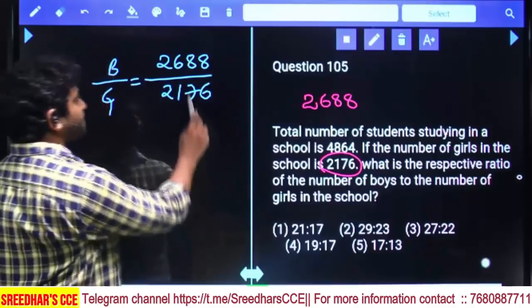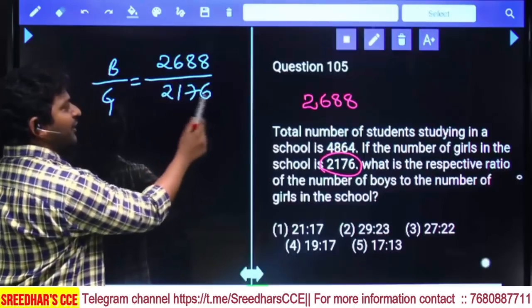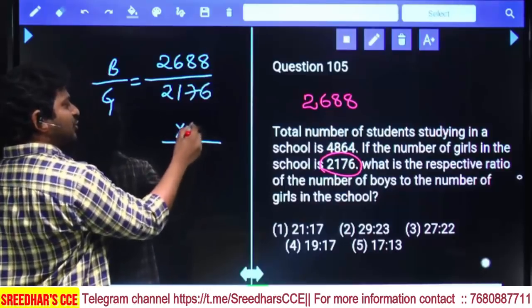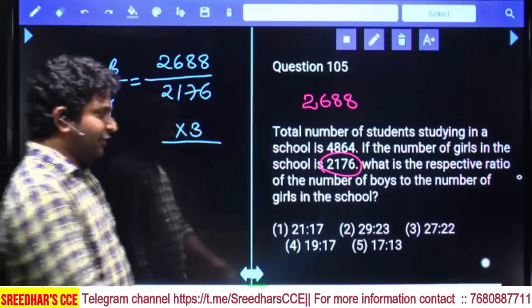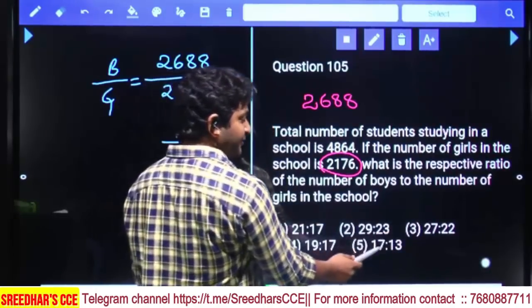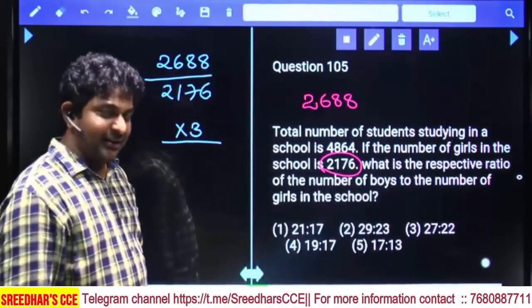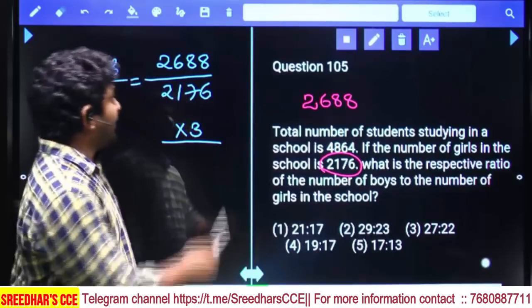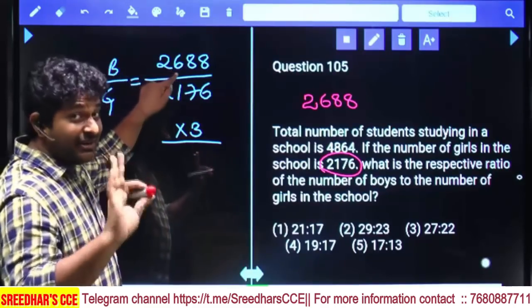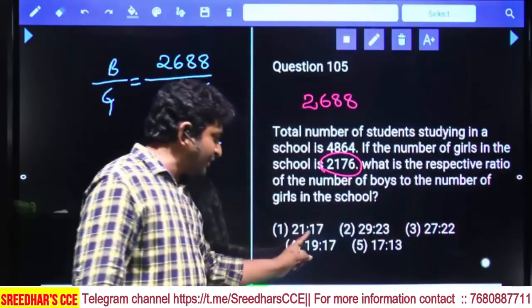First point, your numerator is 3 multiple. In denominator, you don't have any 3 multiple. Hence, in numerator, your first number in answer should be 3 multiple. First option is possible, second is not possible, third may be answer, fourth cannot be your answer, fifth cannot be your answer. Answer is either first or second. You can eliminate it. There are multiple ways to eliminate. Your numerator is just 3 multiple but not 9 multiple. But here we have 9 multiple. This cannot be the one. Answer is 2117, final answer.